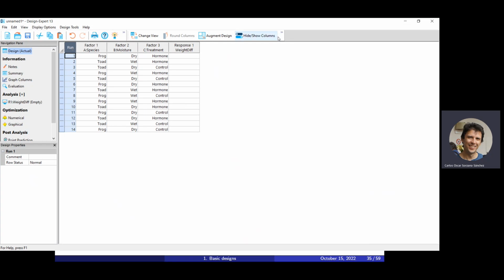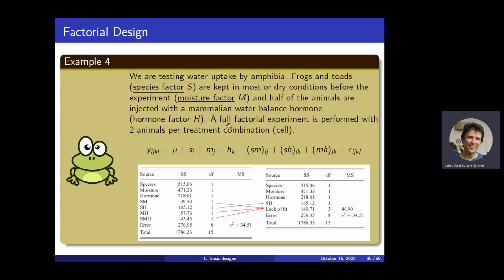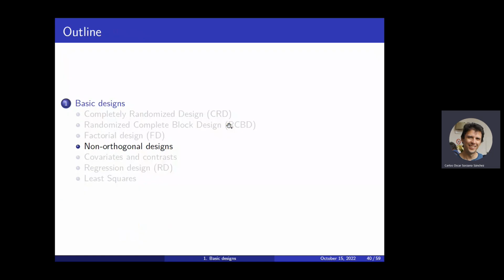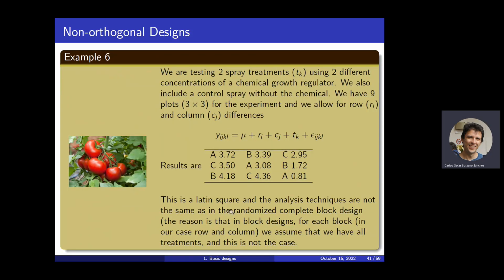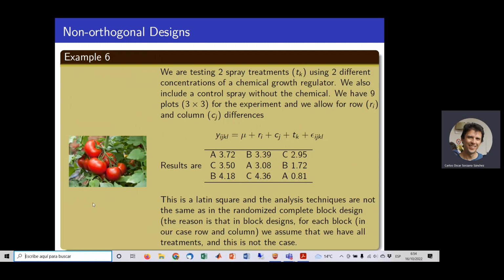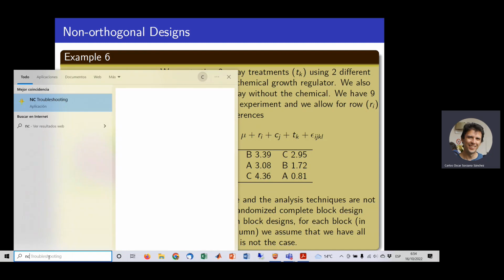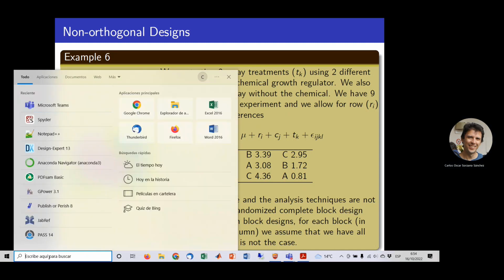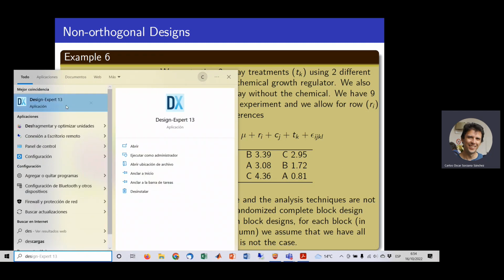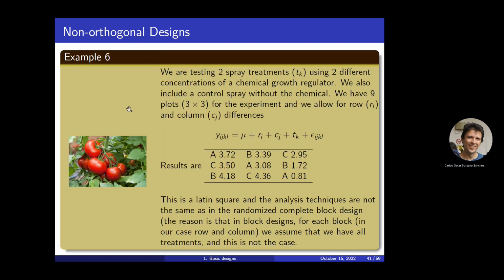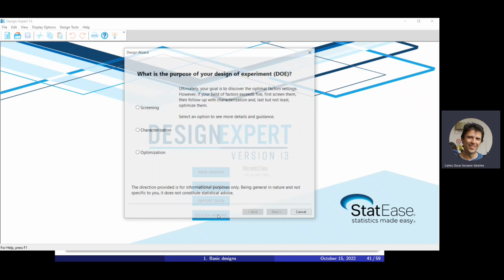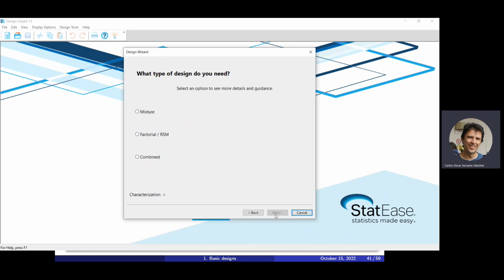Let us now go for a second example. So we don't want to change this. And let us go now for the example of the tomatoes. So let us look for it here. It is Design Expert. We have Design Expert, and we go for the design wizard, and then